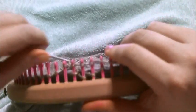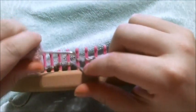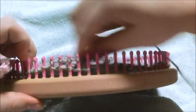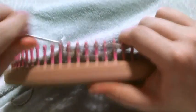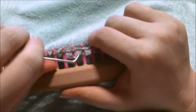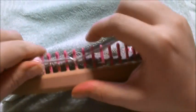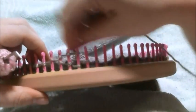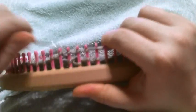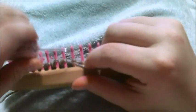4, toss the bottom loops over, purl 1, E-wrap 6, purl 1, E-wrap 4, purl 1,